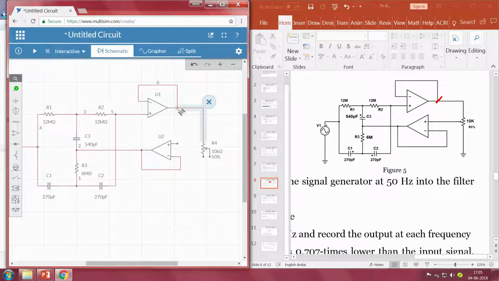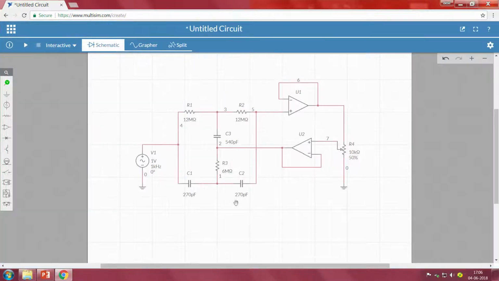So, the output, some percentage is passing through to our input. So, this particular terminal has to be connected here, right. So, we made the connections whatever we required. Now, we will test for the functionality.